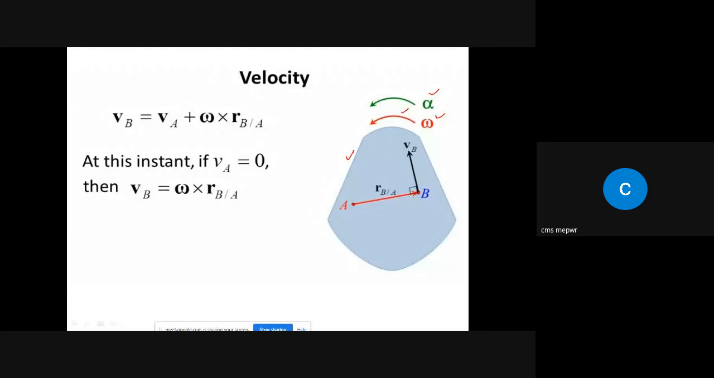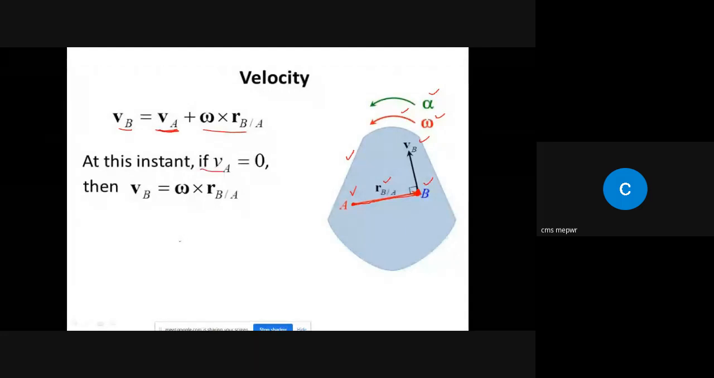So if you want to find out, for a rotation, the direction of velocity of point B, definitely it will be perpendicular to the position vector RB by A. What is RB by A? This is the position vector. This is basically showing the position of B with respect to the origin A, right? So for general plane motion, if you want to find out the velocity of B, that will be the combination of translation plus rotation. Let's say, suppose at any instant, if this VA becomes 0,